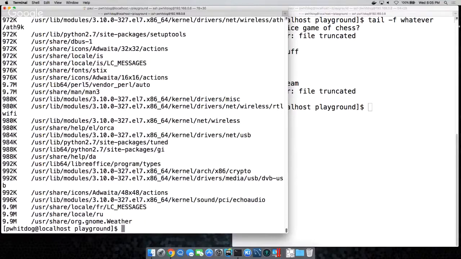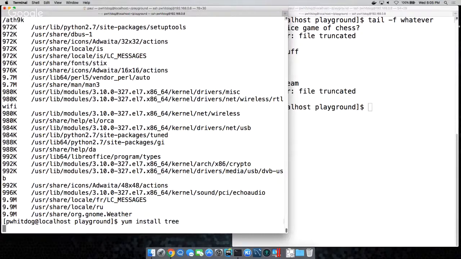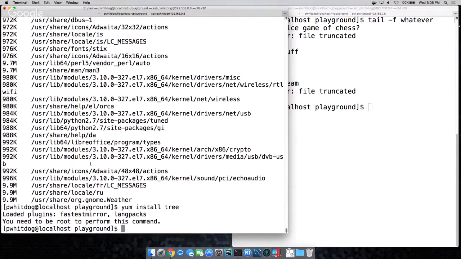Well, it's in the next section. Yeah. So let's just install tree. So yum install tree, this is, you're on CentOS, I think. Paul, do you do that? What Paul does? Paul does it all. Sudo bang bang.